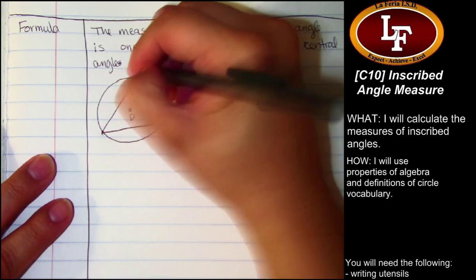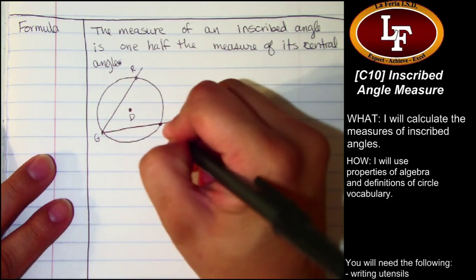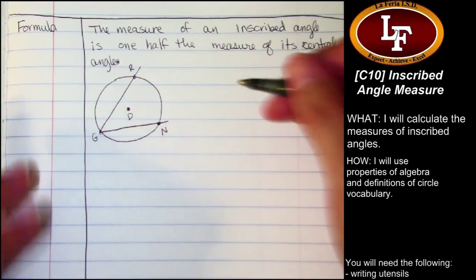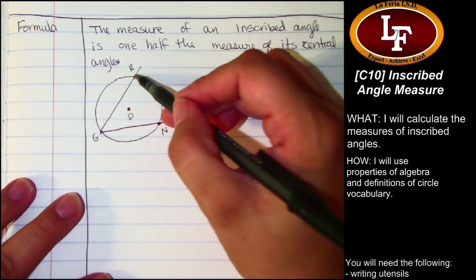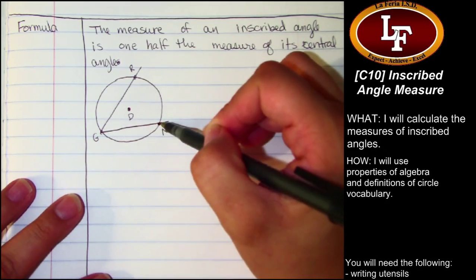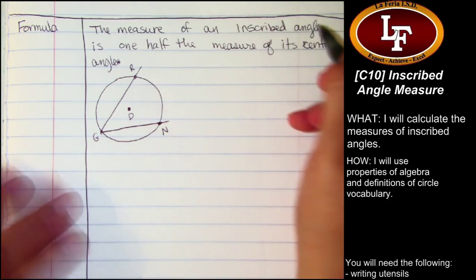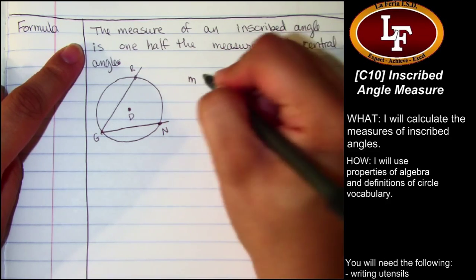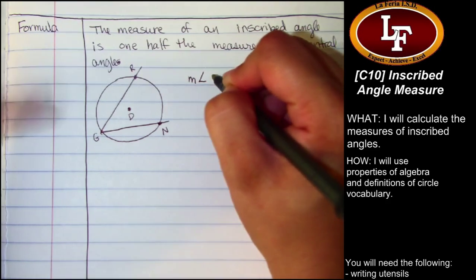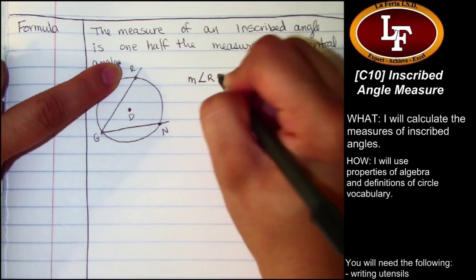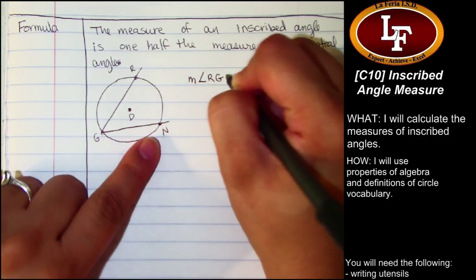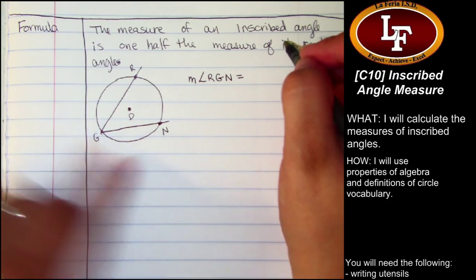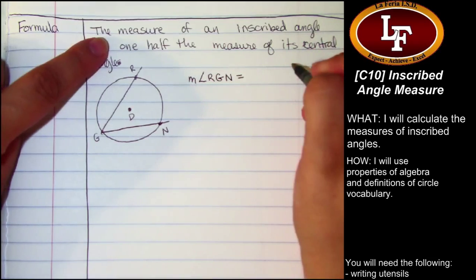Let's go ahead and name those points there. There it is. So we have point D, which is the center of our circle, points R, G, and N on the circle, where angle RGN is an inscribed angle. So this reads the measure of an inscribed angle. So little m standing for measure. This is an angle, so I need the angle symbol. And now I'm going to write the name of the angle. Start at R, go toward the vertex G, then go toward the other side of the angle. So the measure of the inscribed angle RGN is equal to 1/2